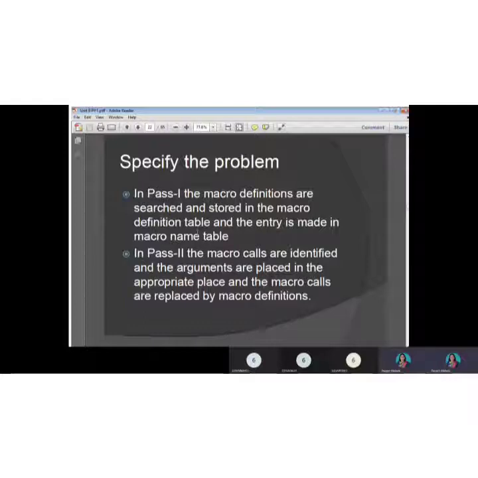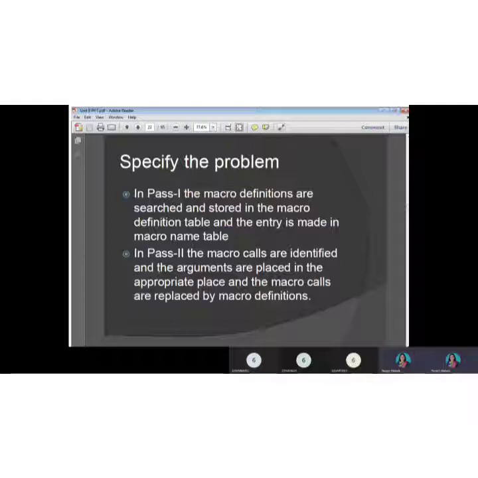Also we set the macro definition table counter, that is called MDTC, and we have MNTC. Initially it is set to 1 as a starting index. Okay, so this is the role of pass 1.